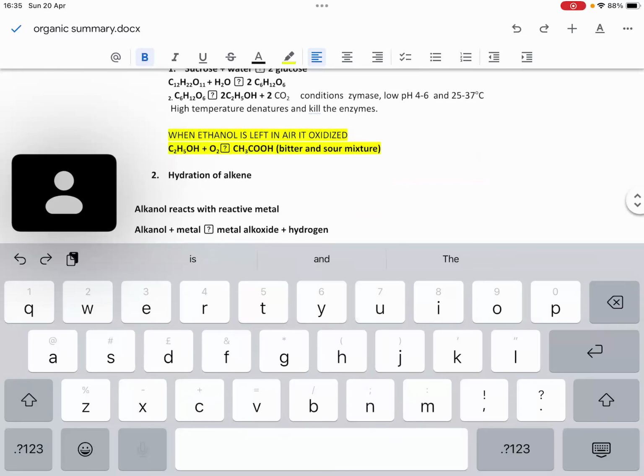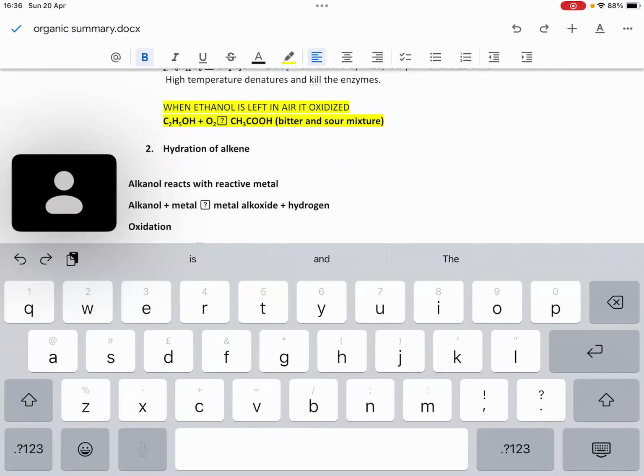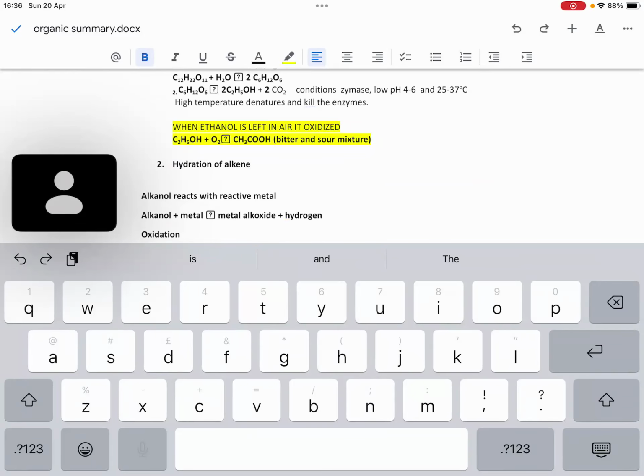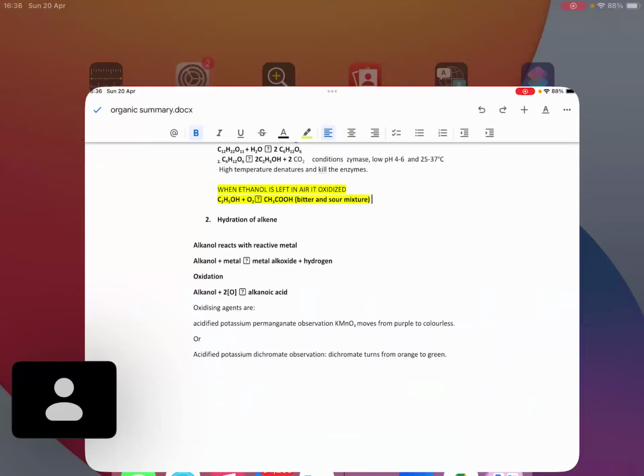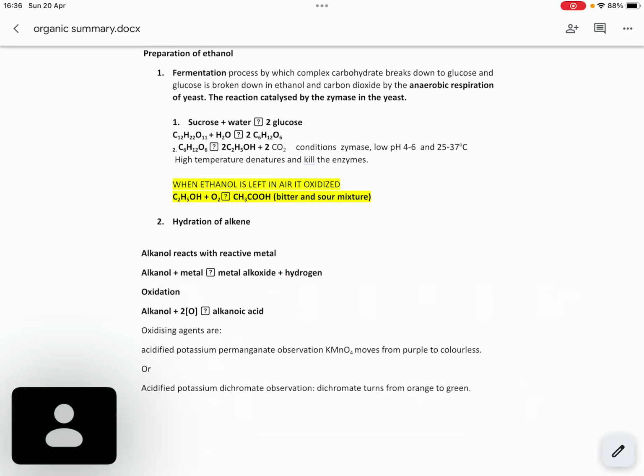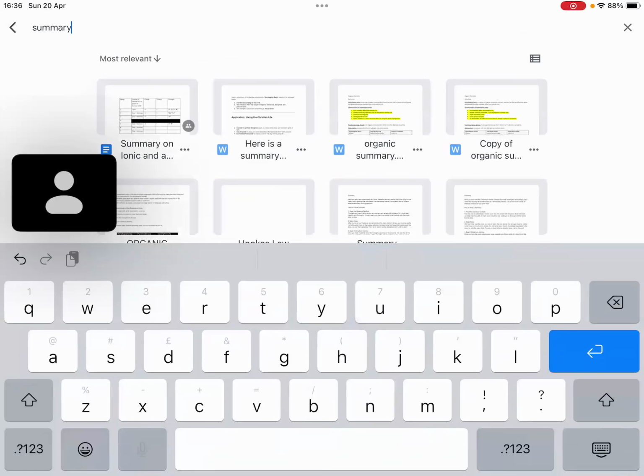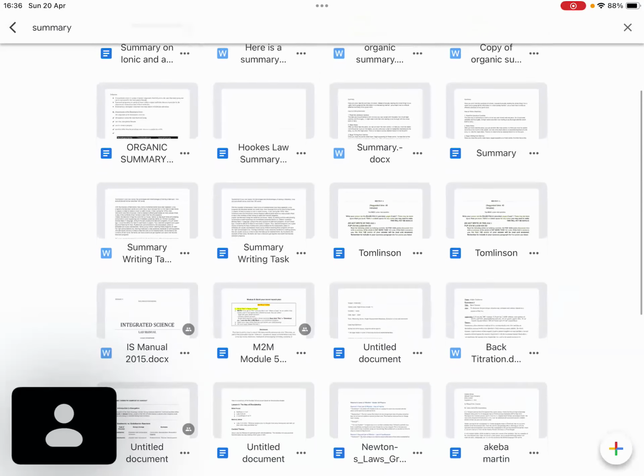Ethanol can also be prepared by the hydration of alkene, which we discussed just now. The fermented mixture can be separated using